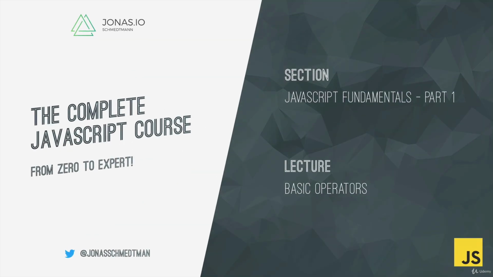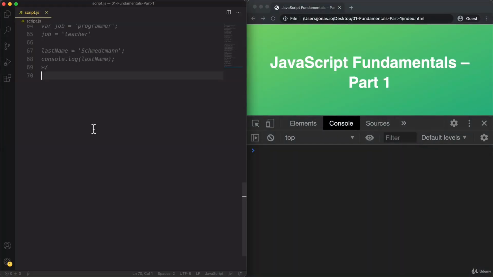Let's now learn some more JavaScript fundamentals. And in this video in particular, let's learn about some basic operators. And let's start by defining what an operator actually is. So an operator basically allows us to transform values or combine multiple values and really do all kind of work